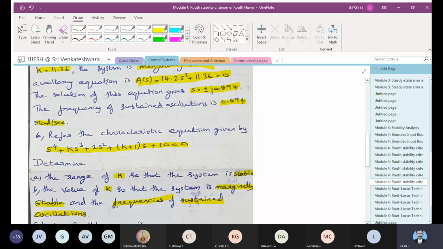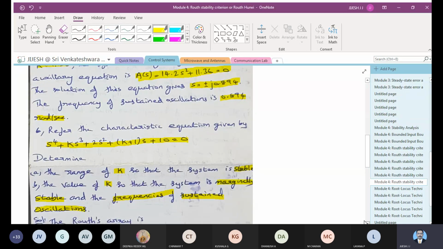You need to do it the same way you did the previous problem. You can just put the values and start doing it. It's all in k, so you'll be getting everything in k, and you need to simplify it.